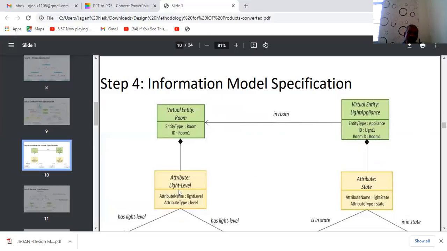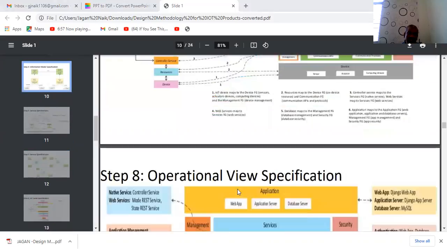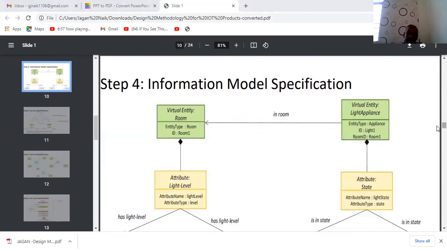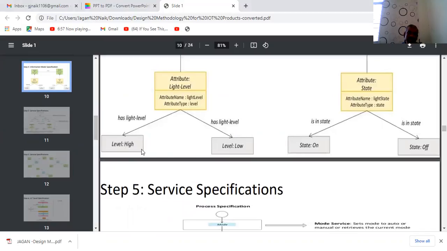In this attribute, if the light is high, then the level is high. If the light level is low, then it is low. If the state is on, then it can turn the light on. If the state is off, then the light is going to be off.